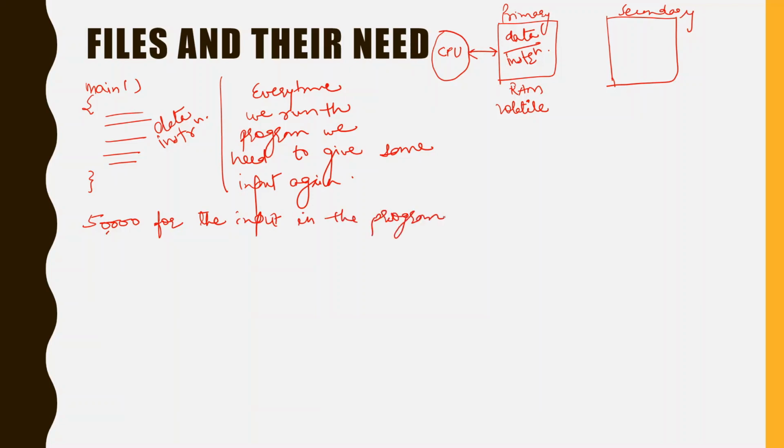Do you think this is a very easy task for the user to give this much input? The time of the input will also be very high and user dependent, because if the user is not properly trained, it would take a very large time to give the input, so the performance of the program is going to decrease. The CPU is a very fast device, working in the gigahertz range, and this device needs so much data for processing.